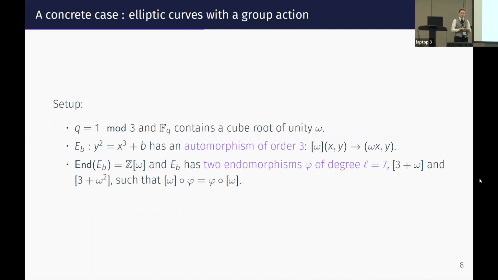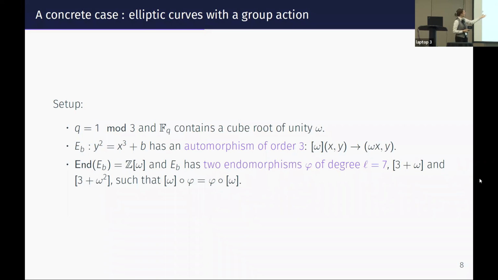Consider that we work in a finite field FQ that contains a cube root of unity omega, a non-trivial cube root of unity, and that we are working with the original elliptic curve EB defined with this equation, so that the elliptic curve EB has an automorphism of degree 3 defined by the root omega. In this case, we know what the endomorphism ring of EB will look like, and so we know it's isomorphic to